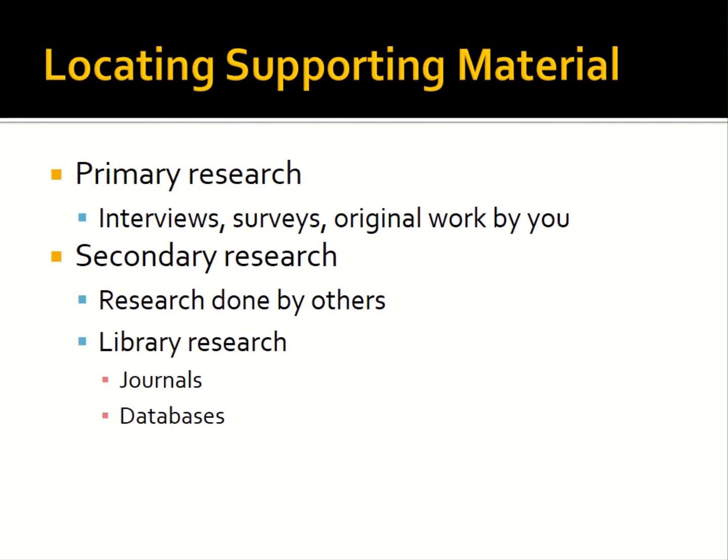There are two types of research that we can do. We can do primary or secondary research. Primary research is research conducted by you. It's where you conduct interviews or surveys. It's where you jump through all the legal hoops and you get published. That's primary research. Primary research is very difficult and time-consuming, and to do it in an academic environment, there are